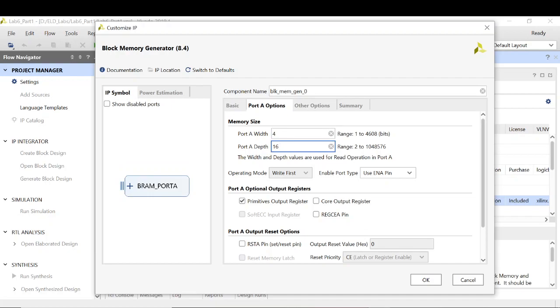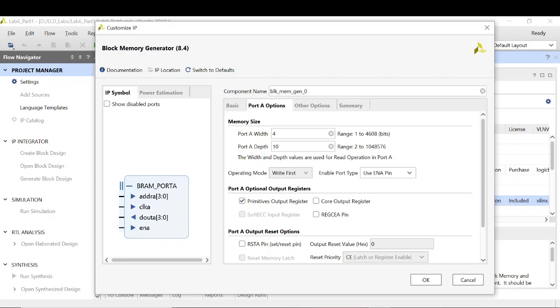I need only 10 words, but the number of locations will be allotted according to the power of 2. For the 10 words, the nearest power of 2 is 16, right? Sorry, 2 raised to power 4, that is 16. So the minimum power is 4. Even if I write 10 here, that's fine. I can clearly mention whatever depth I need. But you can see here, even then my address bus is 4-bit. That means I can access a total of 16 locations out of it. Though I only need 10 locations, as the address will be made to the nearest power of 2, I need a 4-bit bus.